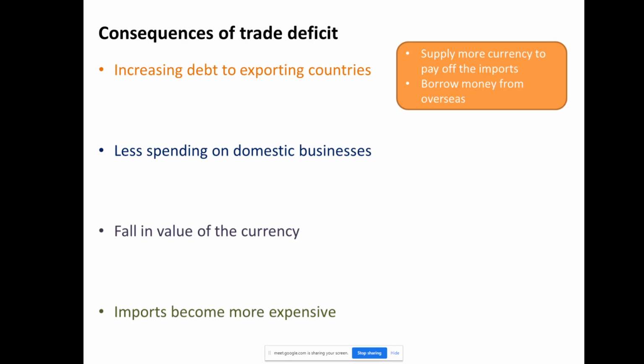Once again, you just have to go back to the concept of trade deficit. Trade deficit is when your imports are higher than exports. If that's the case, it means people spend more money on imports